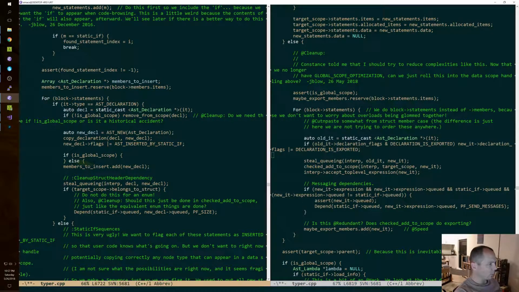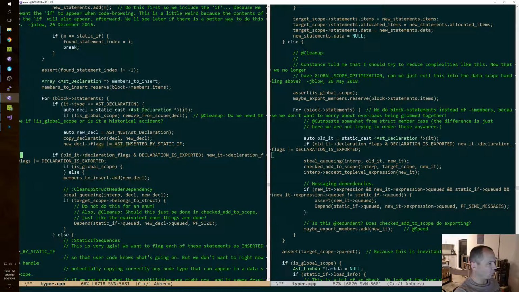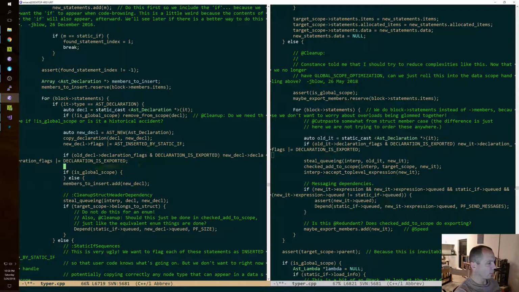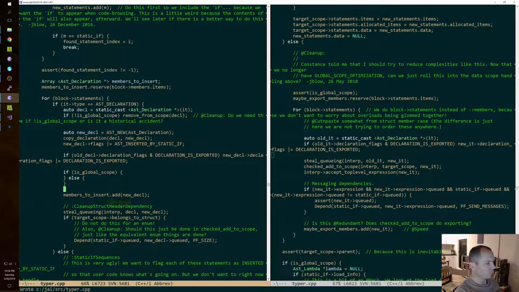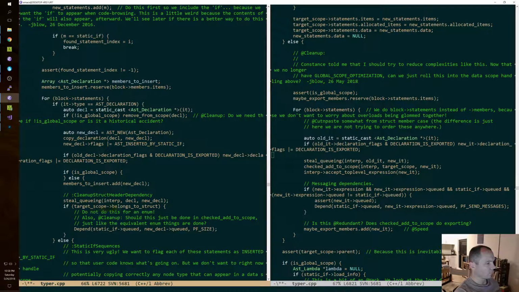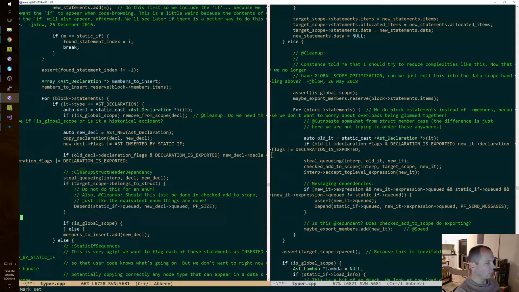You know what? This is fine. That can happen for either one. Okay, steal queuing. And this is fine because if we're in a global scope, this won't be true. And then this is the same for both.